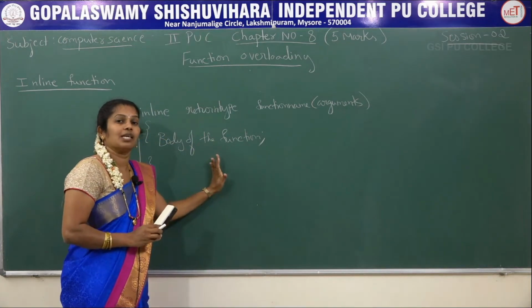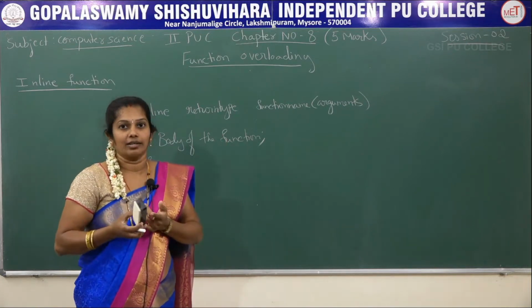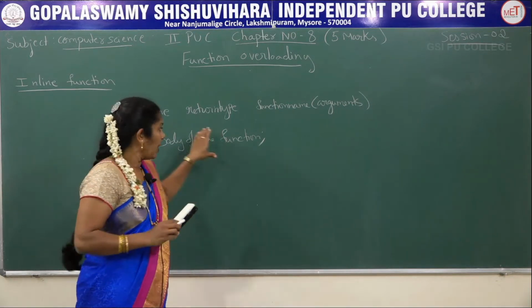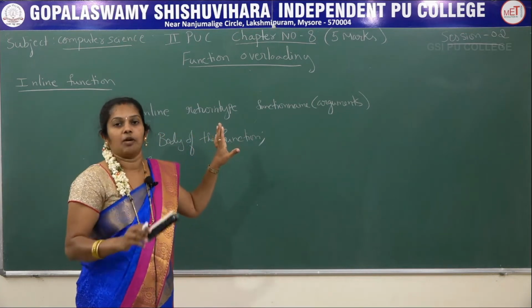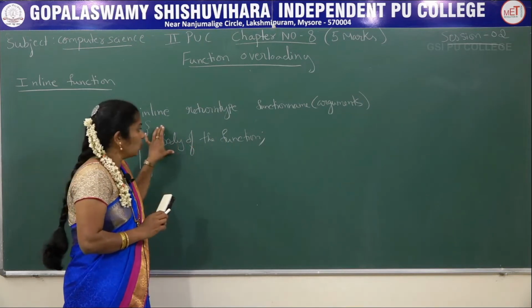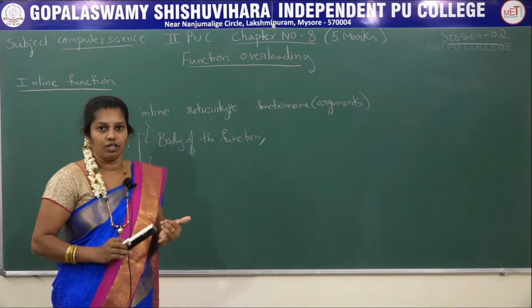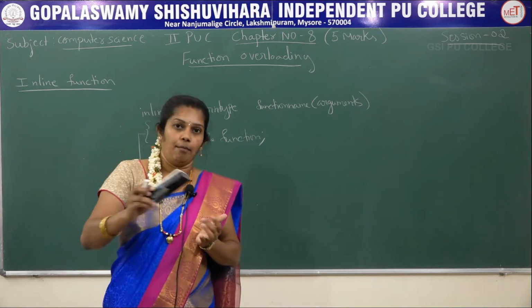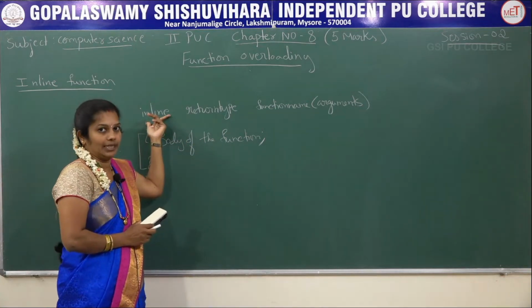Here the number of statements is very few; you can write 1 or 2 lines maximum, or 3 lines. But in between, while writing the statements, you are not supposed to use a switch statement, goto statement, for, while, like that. It's a very short function. Now you know the definition. It has to be declared before all the functions, and here we are using the keyword inline.